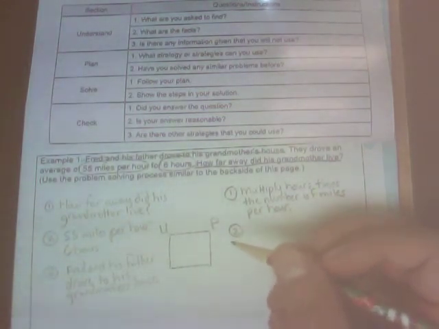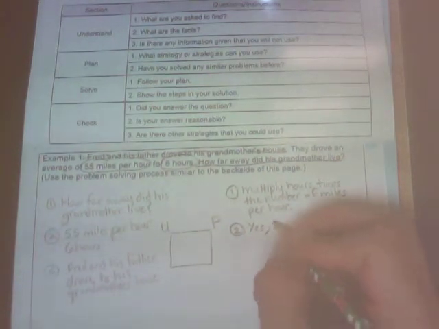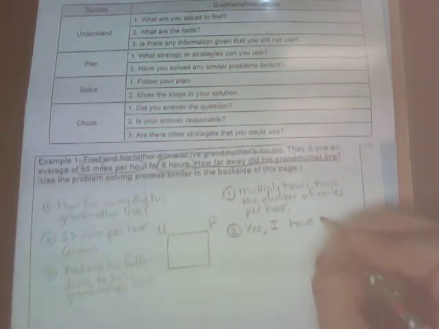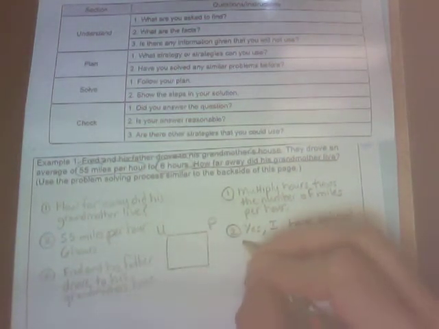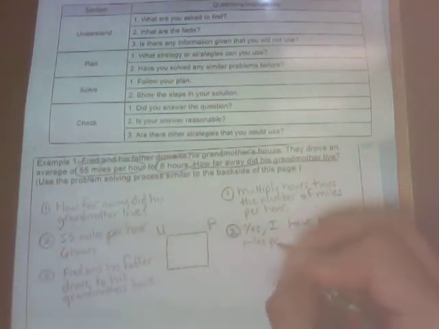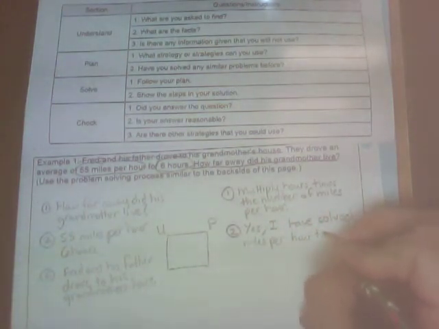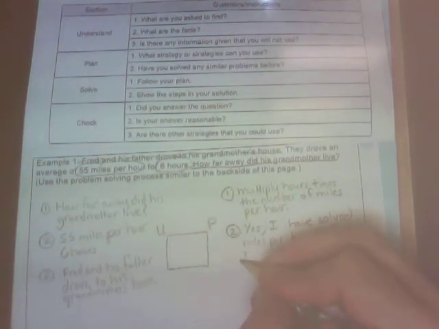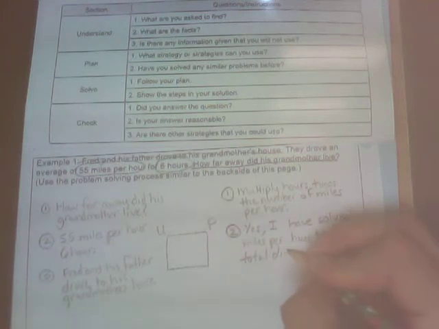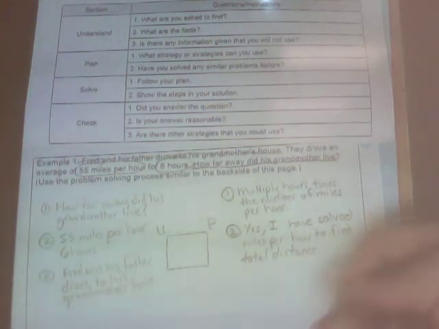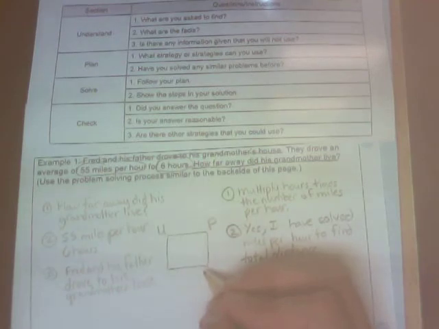Question 2. Have you solved any similar problems before? I've actually solved some problems before where it gives you miles per hour and it wants to find the total distance traveled. So yes, I have solved miles per hour to find total distance or total miles. So I have done this before. This is something I've had experience with, so I should be successful now. Step 3, put P, oh, that was step 2. Step 4, excuse me, put S